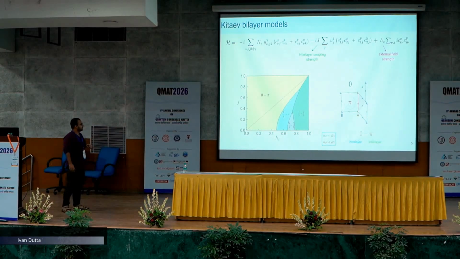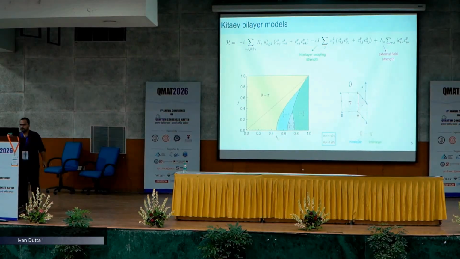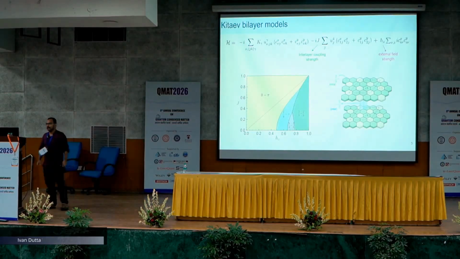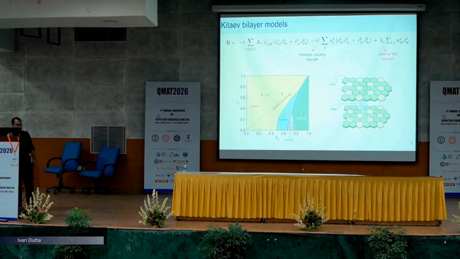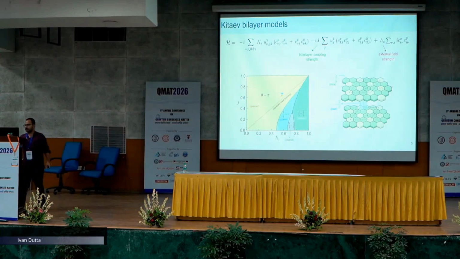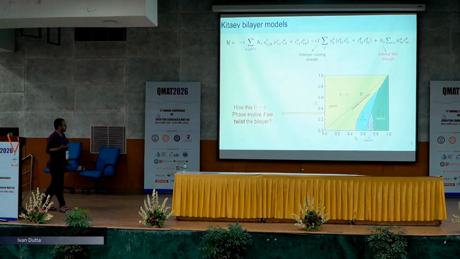So the first index is my intralayer index, that is a 0, and the second index is my interlayer index. So what this implies, if you see the last, the two-third phase, the first 2/3 means that 2/3 of my honeycomb plaquettes are in the -1 phase, and the second 2/3 means that 2/3 of my square interlayer plaquettes are in the pi flux phase. You can also see that different gapped and gapless phases emerge within the system, also with quadratic band touching. Now again we are interested in more exotic situations.